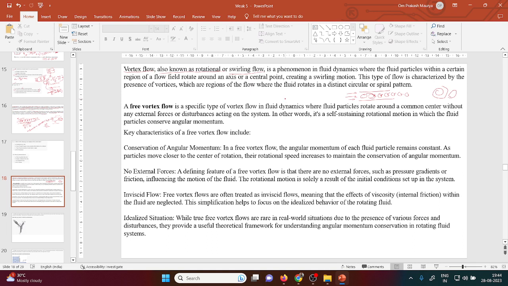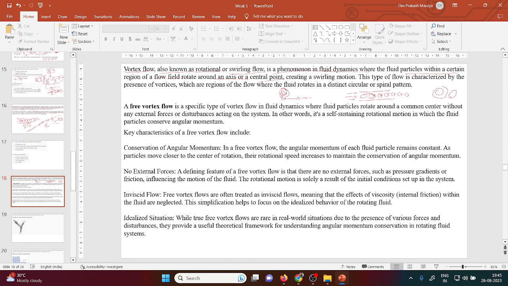The vortex flow is a phenomenon in fluid dynamics where the fluid particles within a certain region of the flow field rotate around an axis or a central point. Basically, let us assume the x-axis, and let us assume the y-axis, for the sake of understanding. So maybe a vortex like that in the